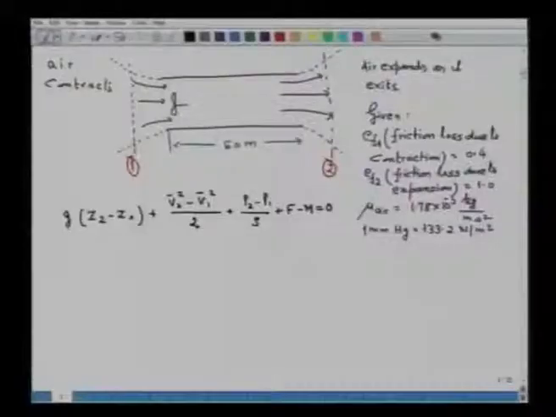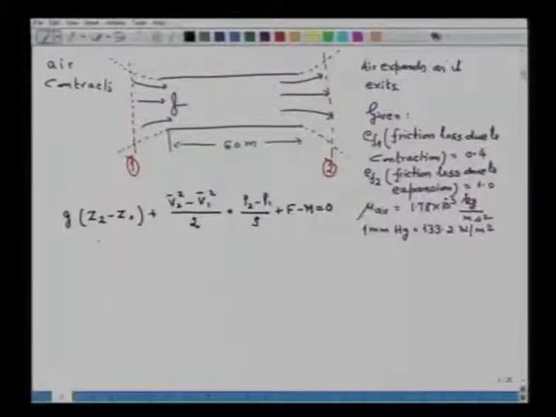V2 and V1 are the velocities at the exit and at entry, that is precisely at location 2 and location 1, and P2 and P1 are the pressures, F is the frictional forces, and M is the mechanical energy, that is whichever way, whether the system does or surrounding does. So, now if we apply this particular equation to the problem, we see that Z2 is